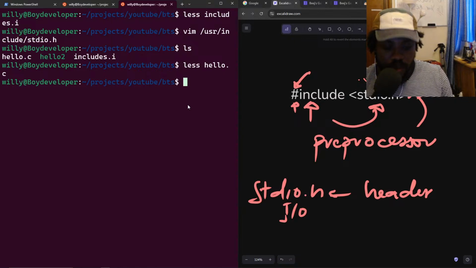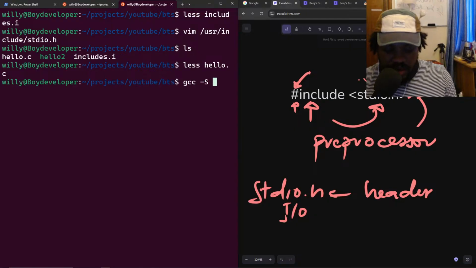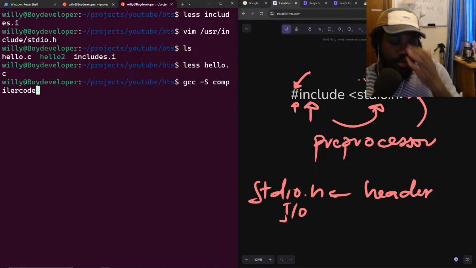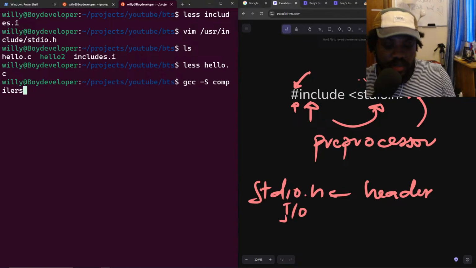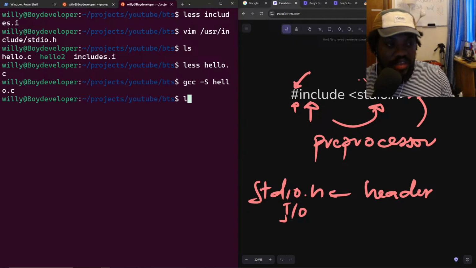So when we run a command like this, gcc -S, capital S, and then let's call this the compilation stage, right? Okay, we don't need to call it anything, so we just say gcc -S, and then we put in our actual C code, hello.c. When you run this, you will not see anything, but let's